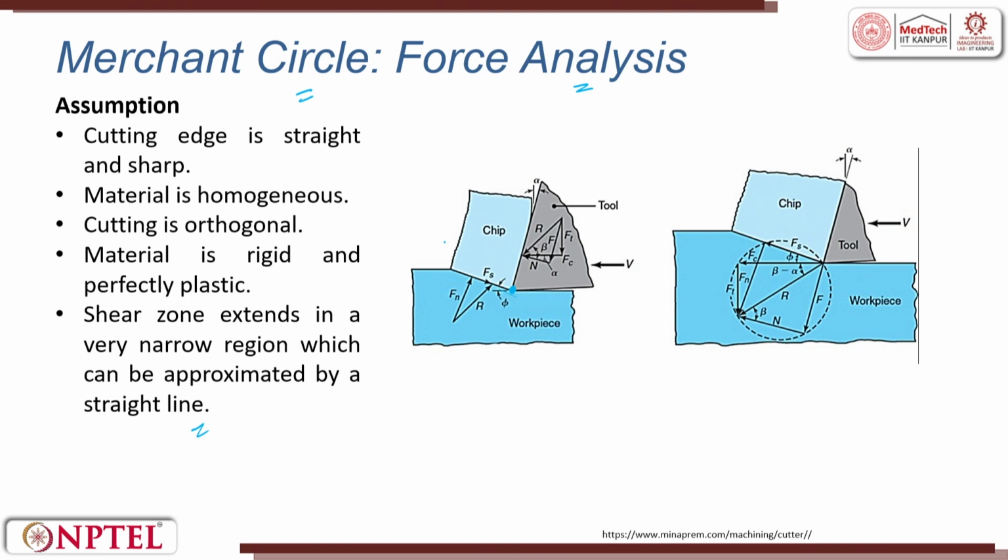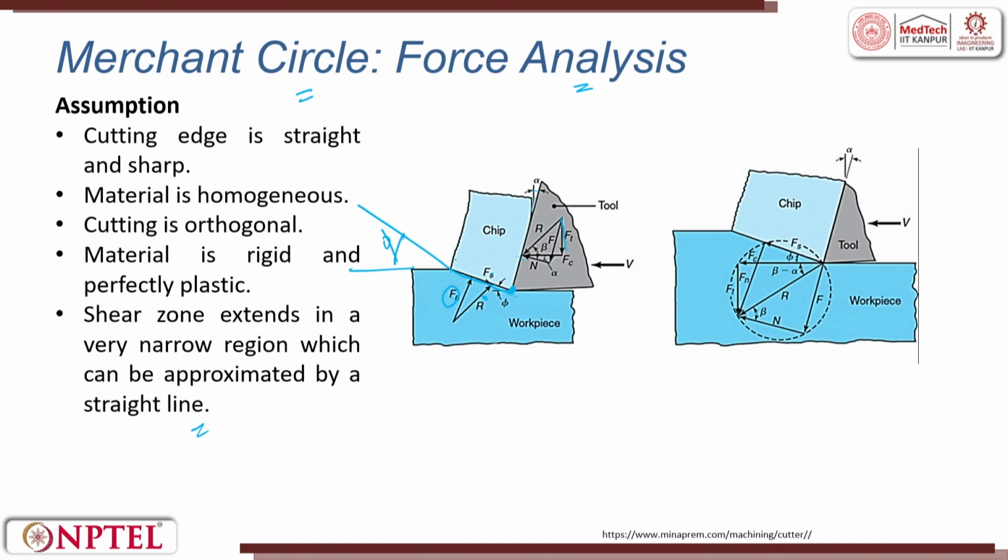Now, we will draw a circle and mark all those things. If you see here, this is Fs acting, and perpendicular to Fs is Fn. Now when we resolve Fs and Fn, we get R dash, the resultant force, and this is the shear plane angle phi. Then this is the friction force which comes here. This is the rake angle. This is the friction force Ff along the line, and normal to that is Fn.